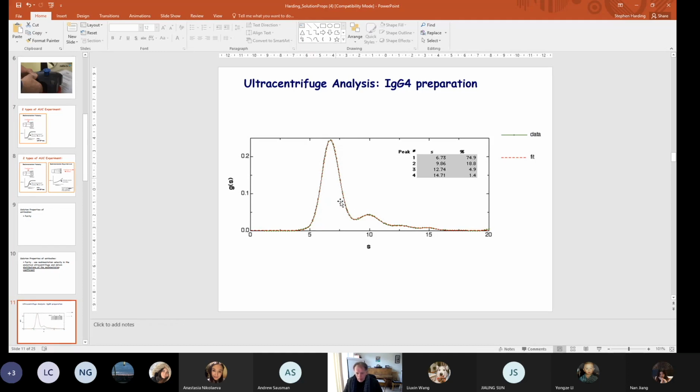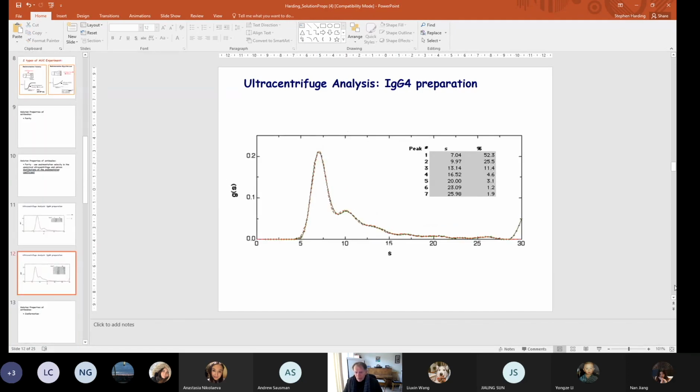So if I was a patient, I wouldn't want that preparation injected into me. And this is even worse preparation. Look at this. This is IgG4 again, and we've got an even lower amount of the monomer, only 52.3%, and 25% dimer. That's bad. And also even stuff that's very high, 25.9 Svedbergs. So this would not be a very good preparation and would fail the criteria that the industry would have in terms of what can be